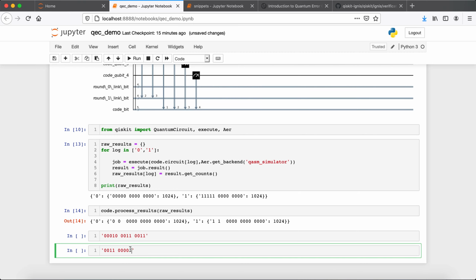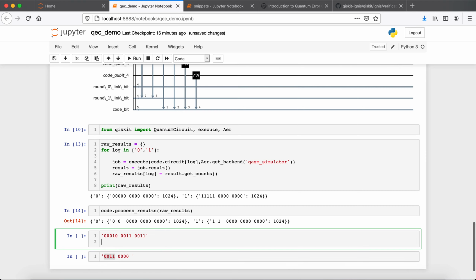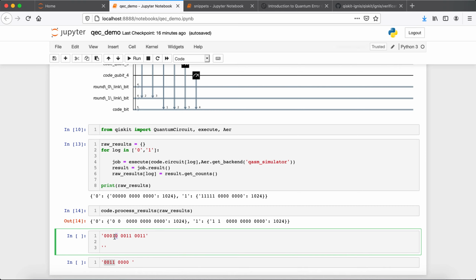So these are two banks of 4 numbers, or strings of 4 numbers, 4 bits, which represent parities. But you'll notice that in the processed form, there aren't just 2 of these. Actually, there are 3. So what is this telling us? Well, here we can classically look at this and work out parities. We can do our own little detective work and say, okay, for these 2, because these are now code qubits,